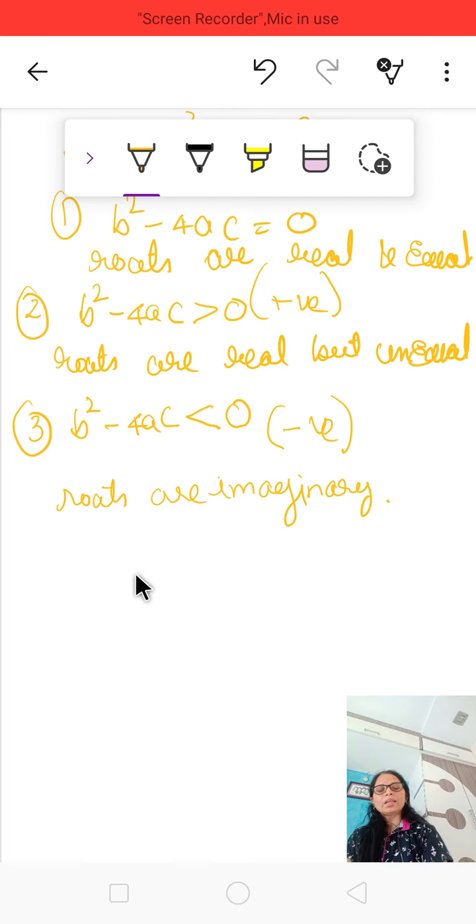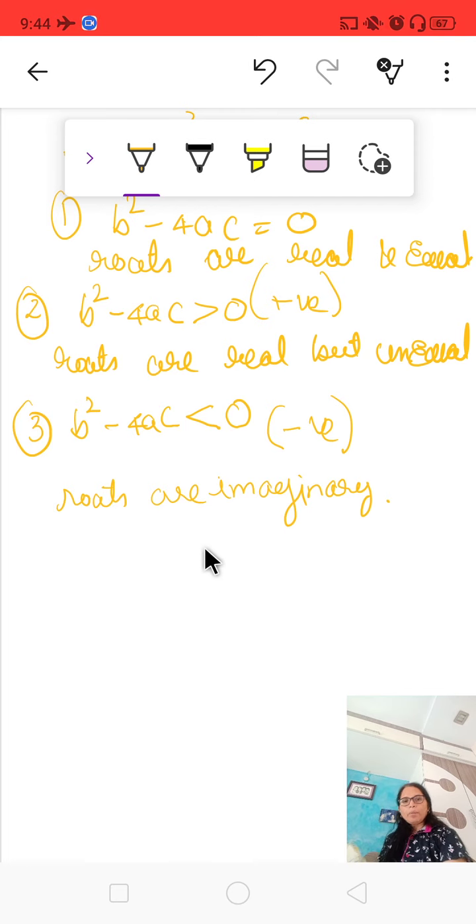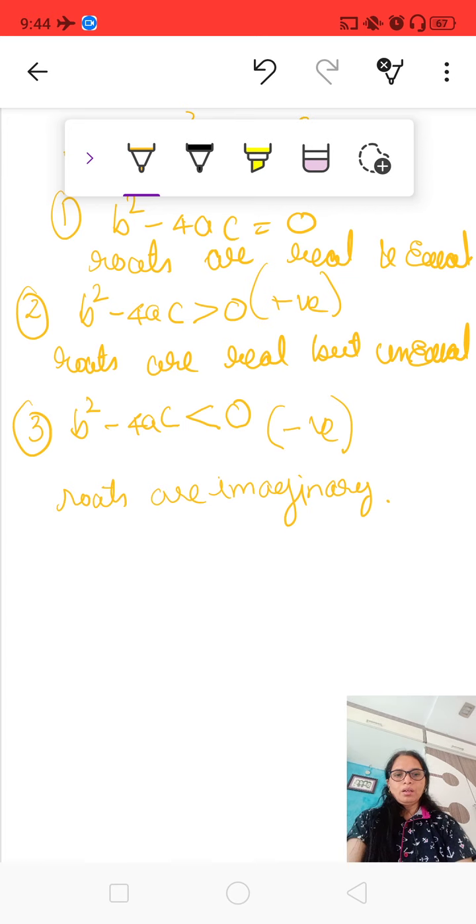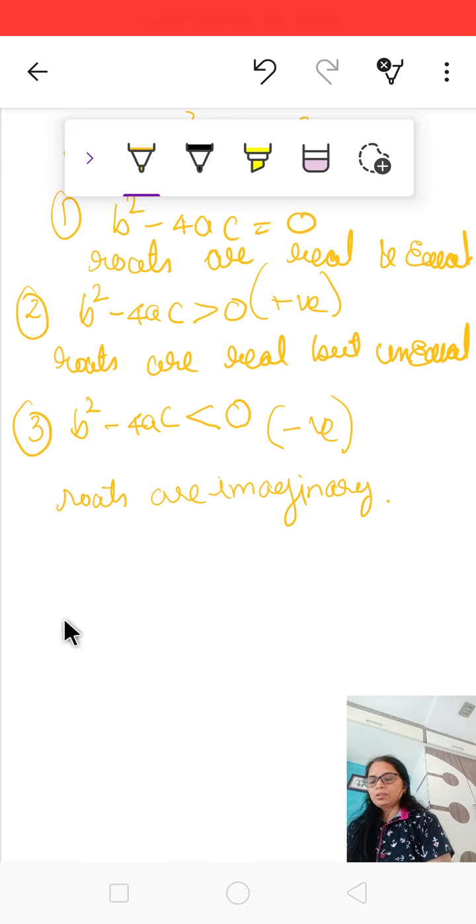And what do we do at that time? We stop the sum and we can't solve further. We wrote like this. Okay? But now in this case, what do we have to do? On the basis of that, we are going to go ahead with this chapter.